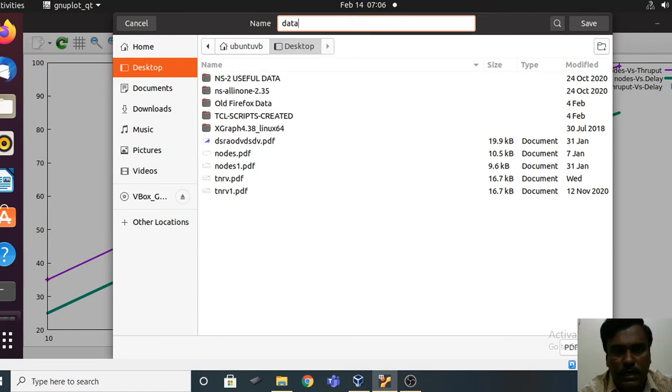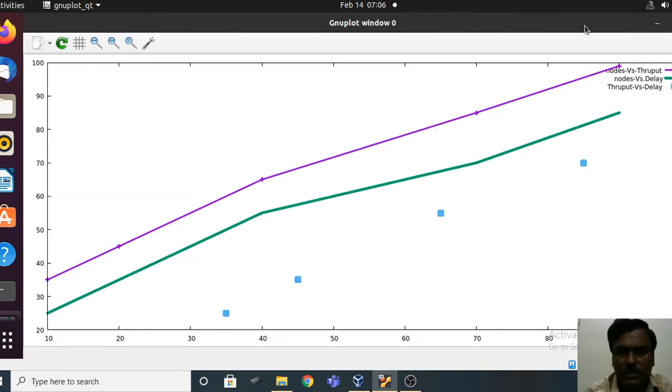The name of your file is data1. So I just wanted to give the name as a PDF, data1.pdf. So after this you just click on save. So it is going to get saved on desktop.